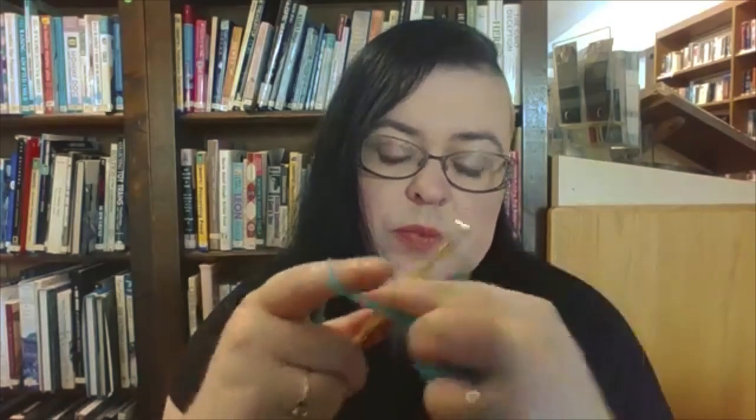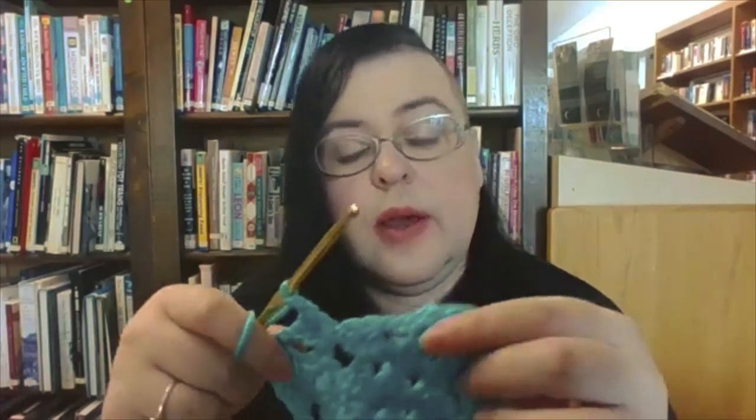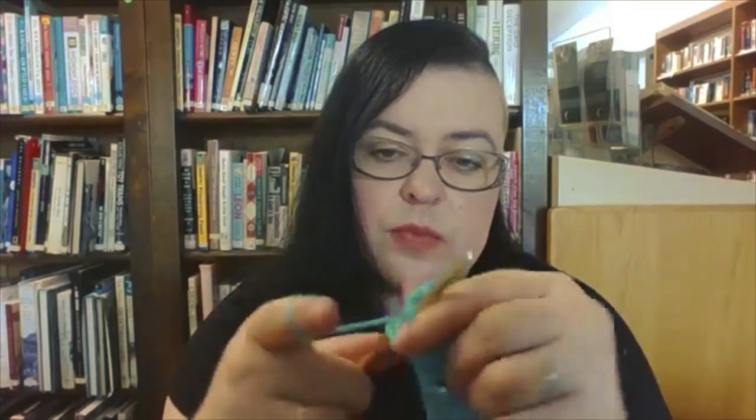1, 2, 3, chain 1, and remember we have a second transitional cluster to do this row. 1, 2, 3, chain 1, start your corner,